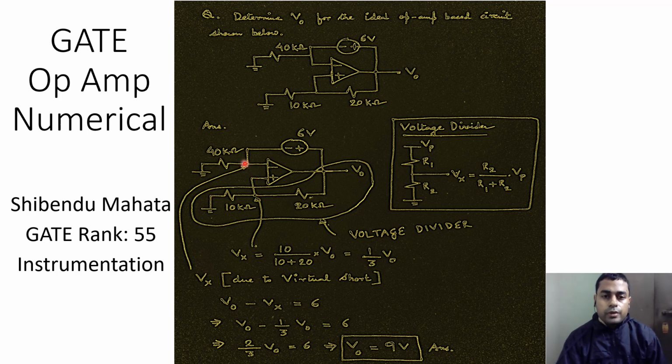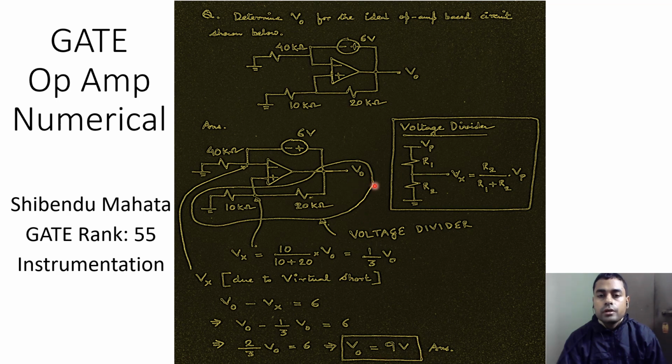Now, given that this is at Vx volts and Vx is equal to 1/3 of V0, and then we have V0 at this end, the difference between these two nodes is equal to 6 volts. So basically what we can understand is that if the voltage at this node is V0 and the voltage at this node is 1/3 of V0, then V0 minus 1/3 of V0 should be equal to 6 volts. And therefore simply plug in these values, and solving for it will lead to the output voltage being equal to